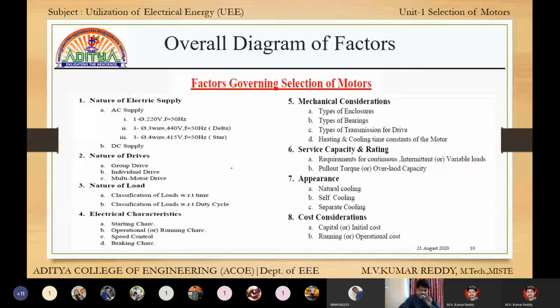Especially for software, only 3 branches are allowed: computer science, ECE, and EEE. So you are under EEE, so definitely you are allowed for all the software companies writing their exams. It is a big advantage compared to mechanical and civil. I think totally 8 members are registered in Hexaware. 21st is the last date. The remaining 4 members also please register.